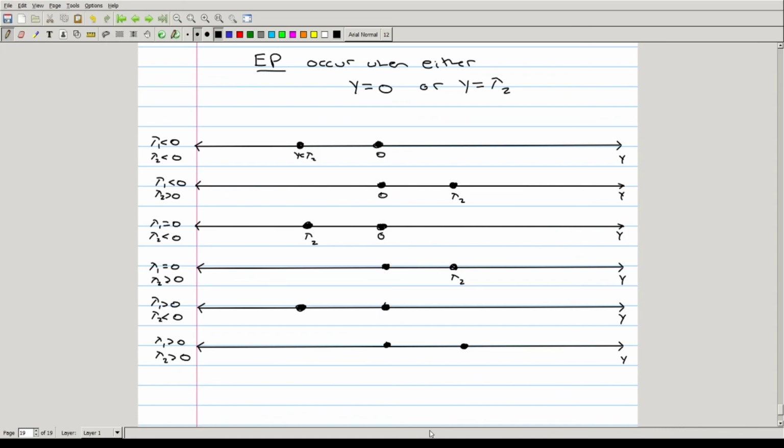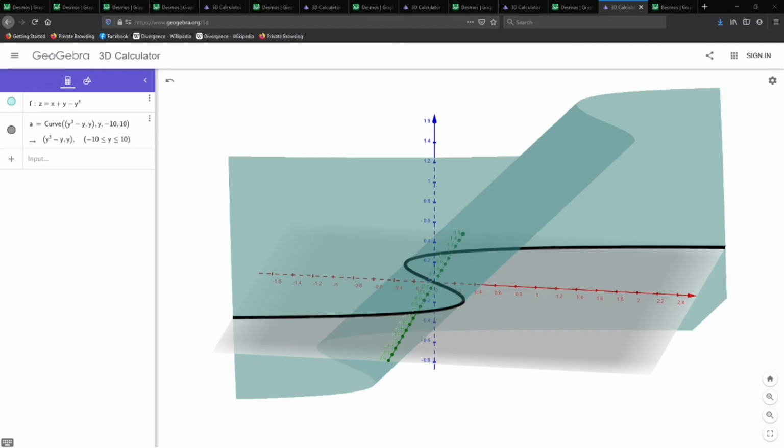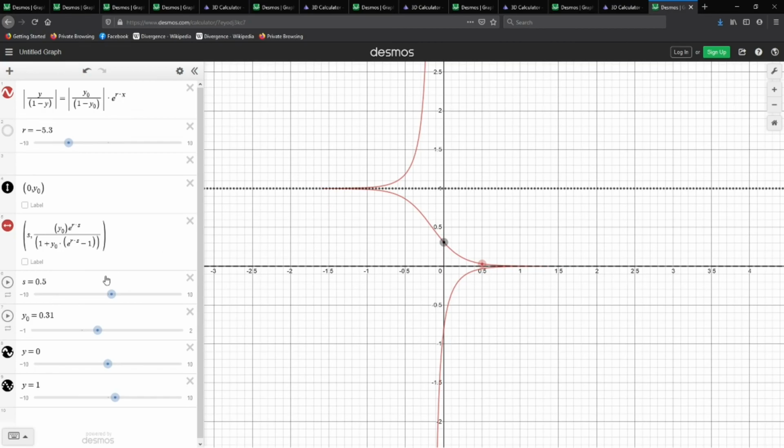But you see, let's take a look at this for a couple of these different values. So our general solution is going to take this form where R is our lambda, and